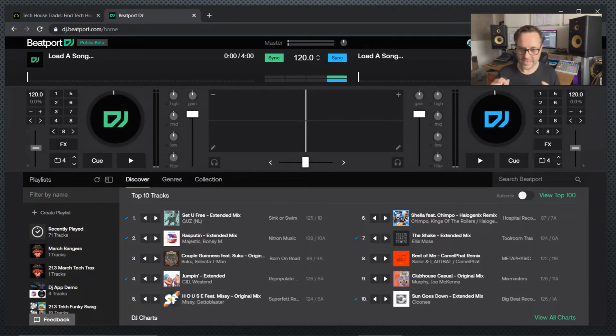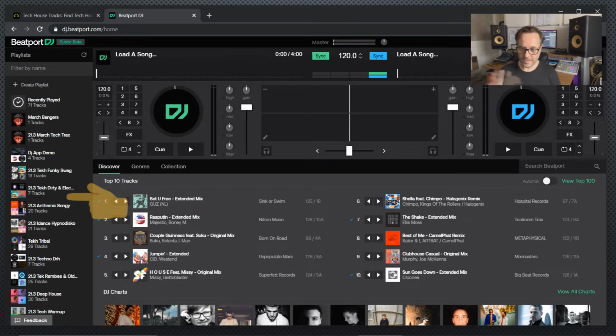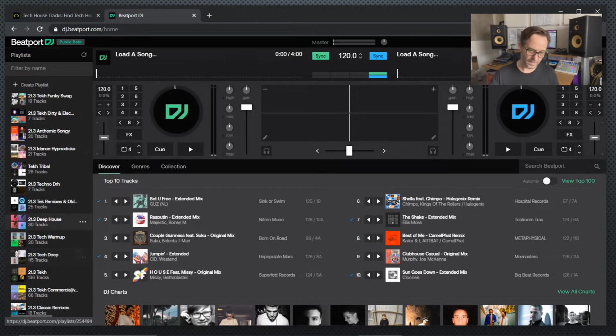So ignoring the DJ controls for now, at the top right hand corner you've got some views. This full playlist button reveals your playlist that I was just talking about on the left hand side. So you can see that I've got all these different ones that I've put by genres. I've got warm up, deep house, tribal, I've got tech,